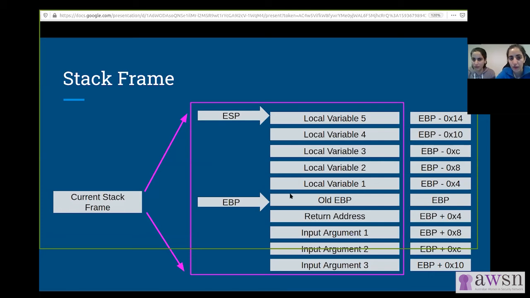Okay, right. So here, the old EBP is pushed on top of the stack, and then the address of the EBP